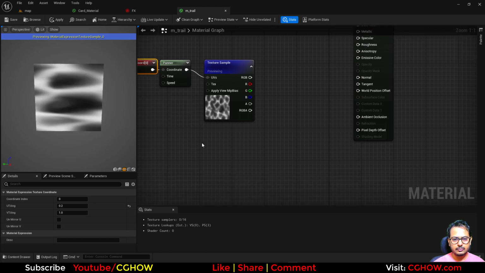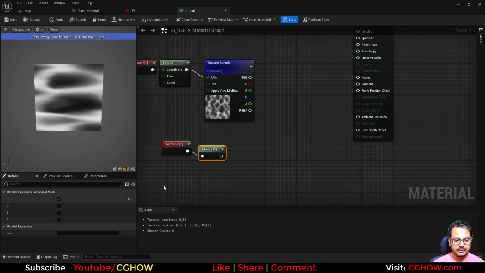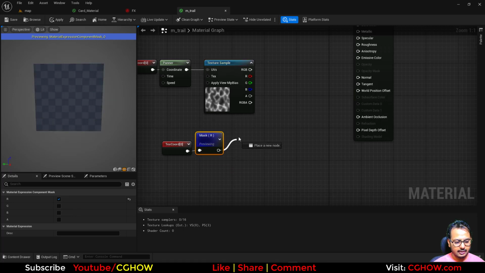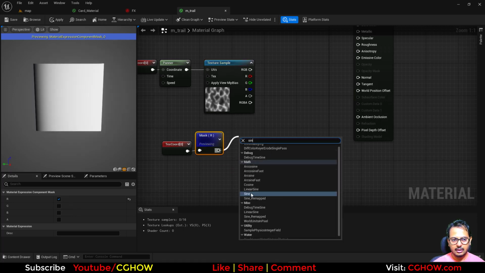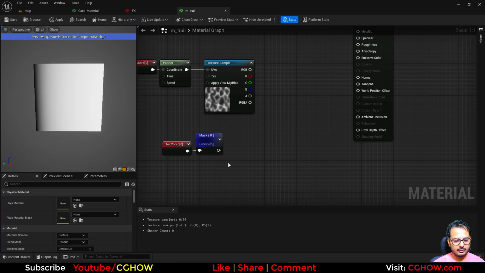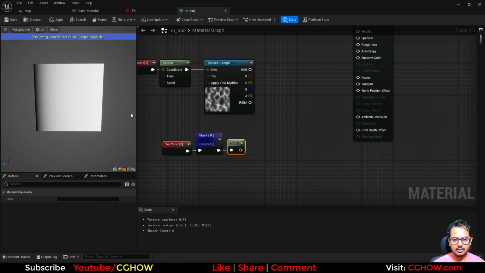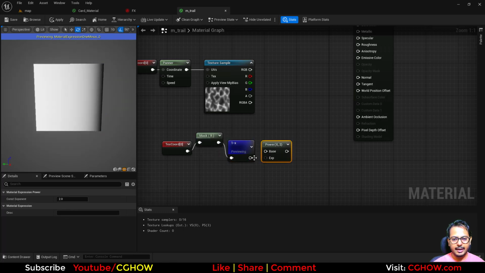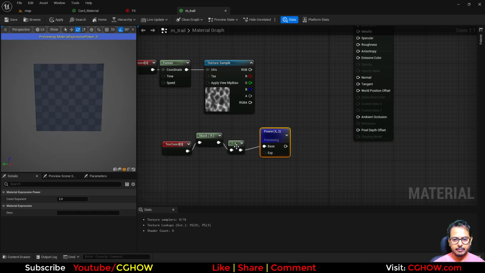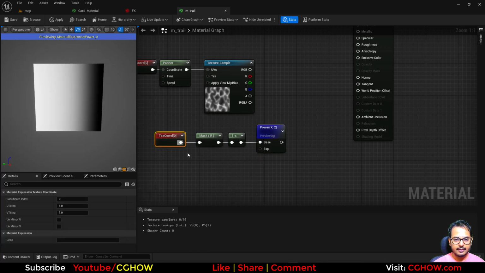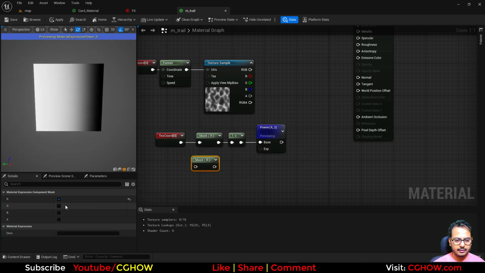So you can use texture coordinate mask. First, I'll take the red channel, and then I will use the 1 minus. So it will be faded from the back. I can fade it even more. And then I'll take the green channel,